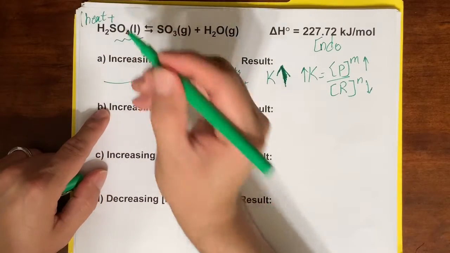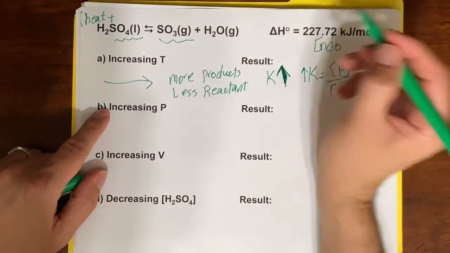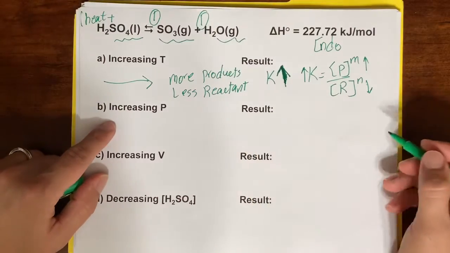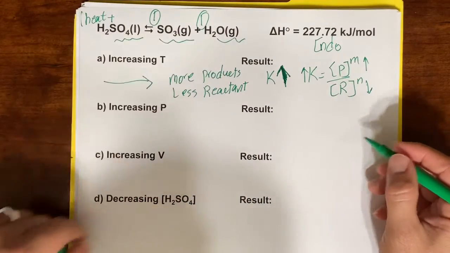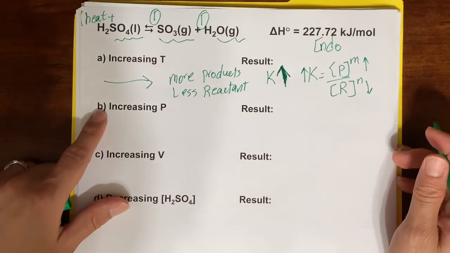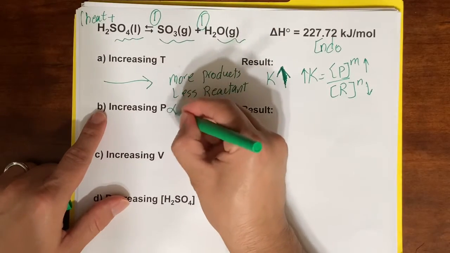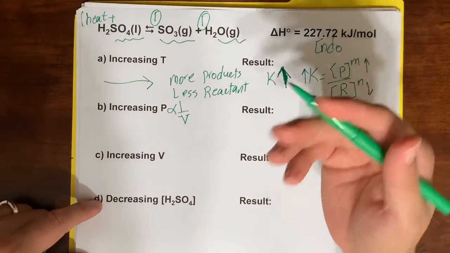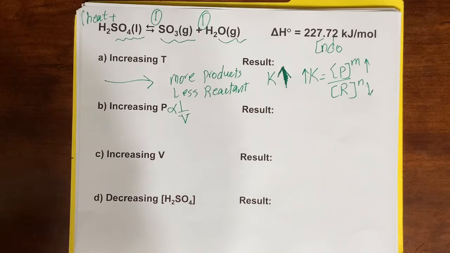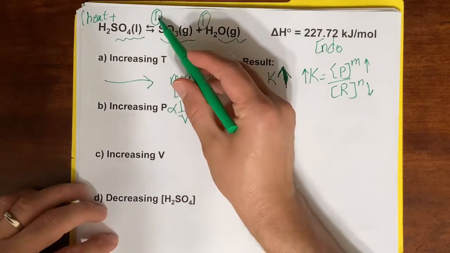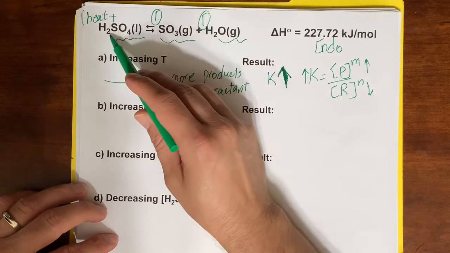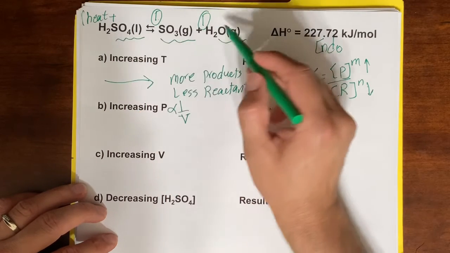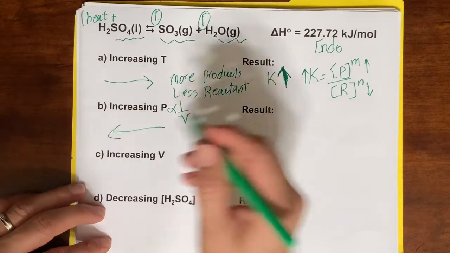Increasing pressure. This is liquid, that one is gas, and gas. 1 mole gas, 1 mole gas. When you're talking about pressure, you're talking about gas compounds. If you increase the pressure, volume will be smaller. Because volume goes down, you cannot accommodate more number of moles. So you go to the side that has fewer moles. This one has 2 moles of gas, and that one is liquid. Liquid requires less volume than gas. So the entire reaction moves to the left side,